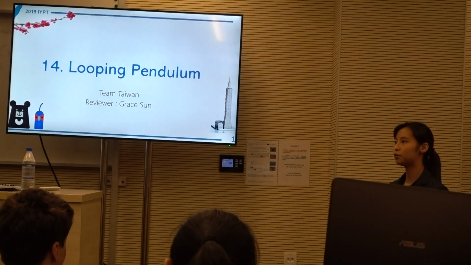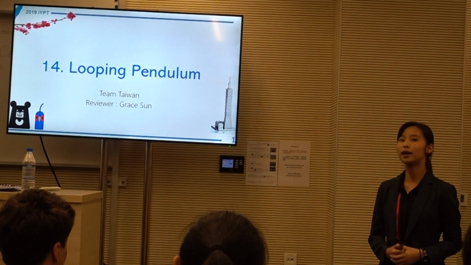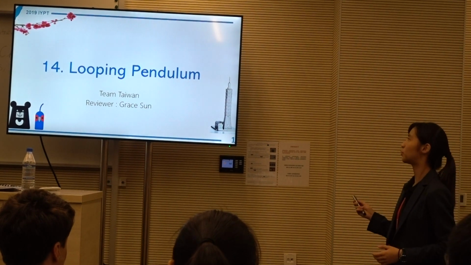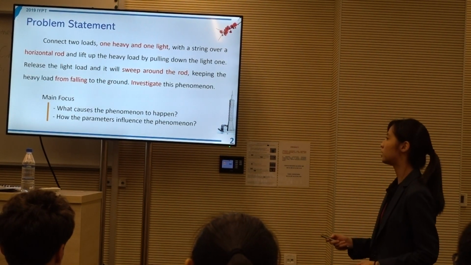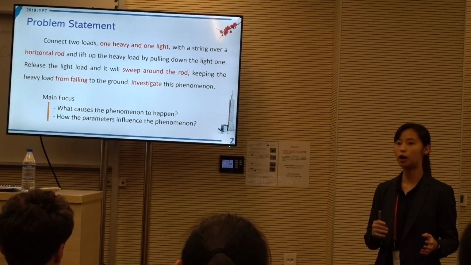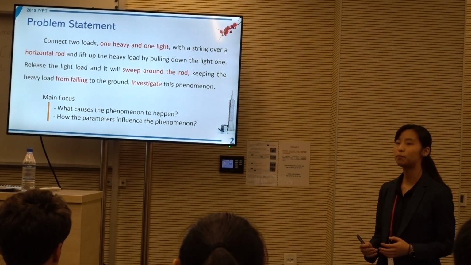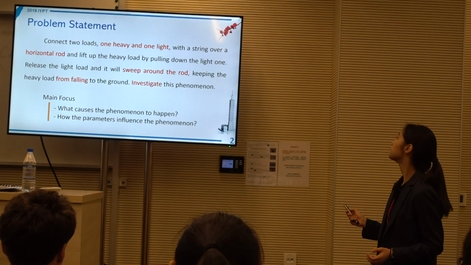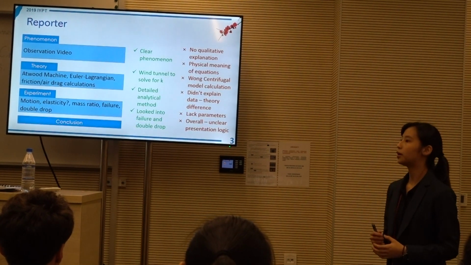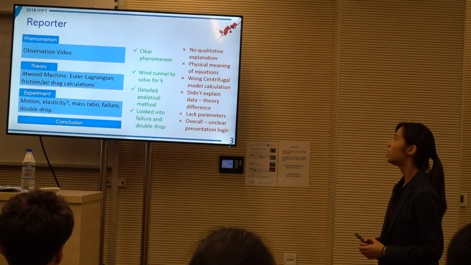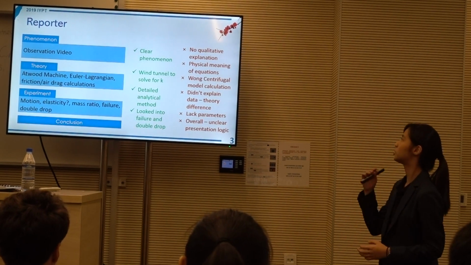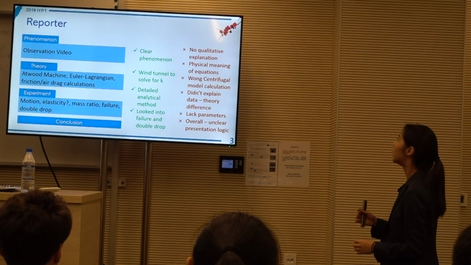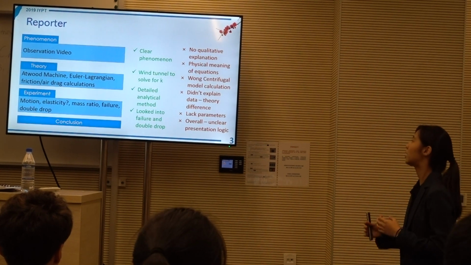Good afternoon, everyone. I'm the reviewer from Team Taiwan, and today I'll be reviewing problem number 14, looping pendulum. Here's the problem statement. The main focus will be on what causes the phenomenon to happen and how the parameters are going to influence the phenomenon. And here's the performance of the reporter. In the phenomenon part, he gave us an observation video which shows the clear phenomenon, but there's no qualitative explanation